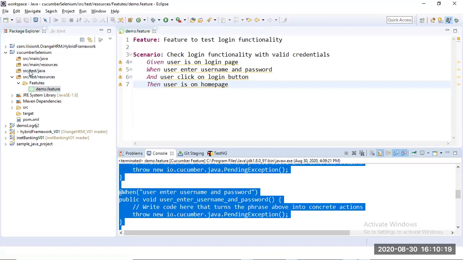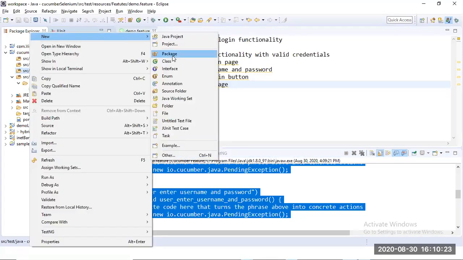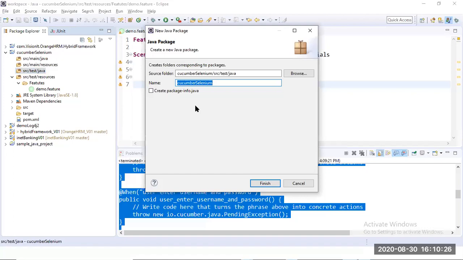So in src test.java, let me create one simple package. The package name you just give is step. Whatever steps we are going to cover, those step definitions, we'll cover within this package. Okay,